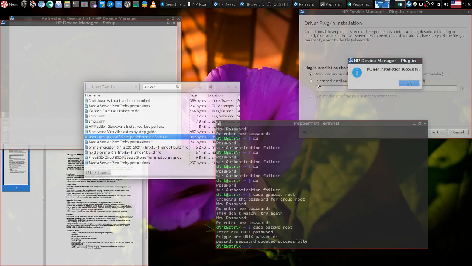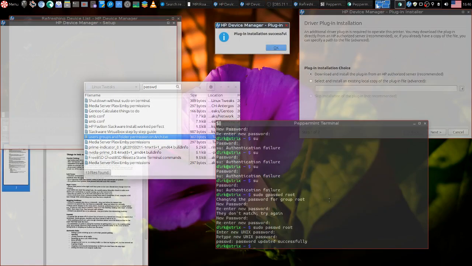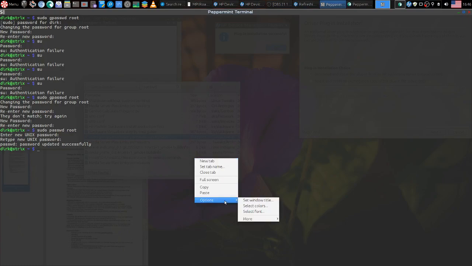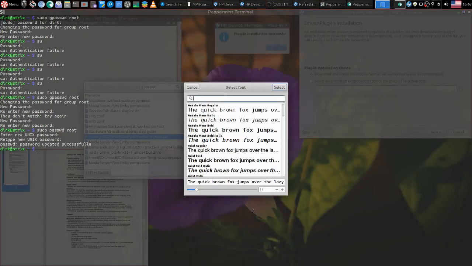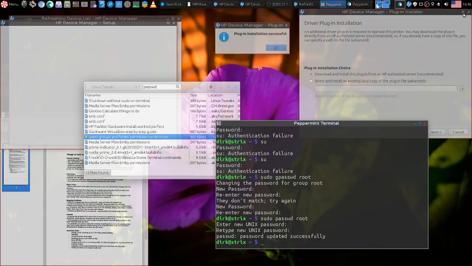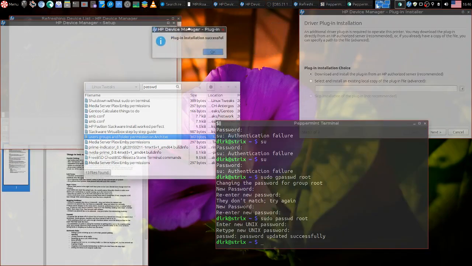So I was just installing my printer. You can see I just made it, but let me show you the terminal. Select font. Just let it be a little bit bigger. So as you can see, I wanted to install my HP printer, and then when it comes to the driver